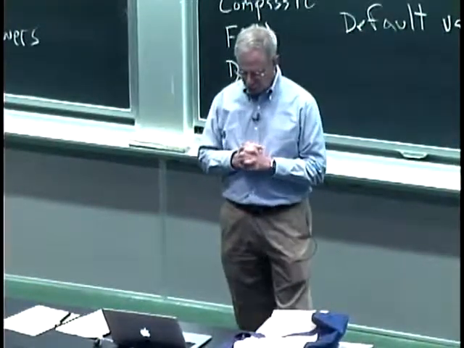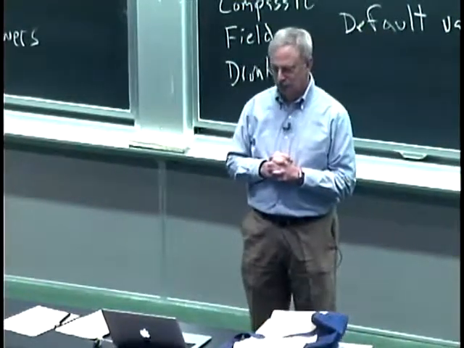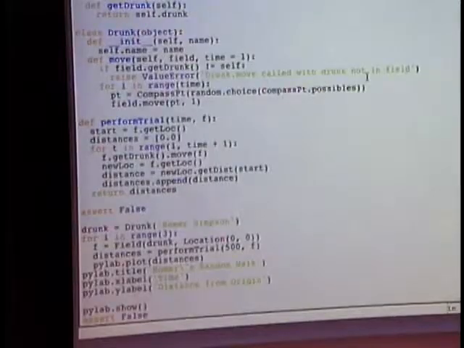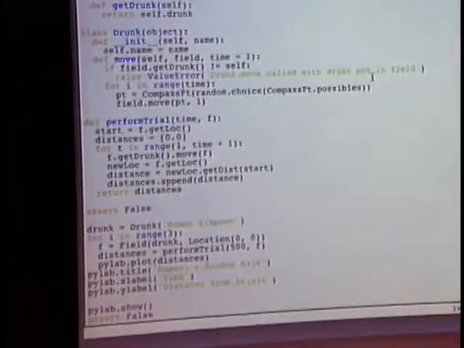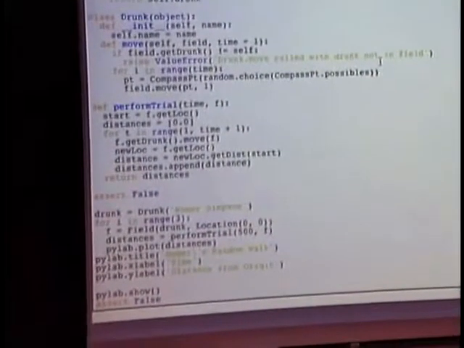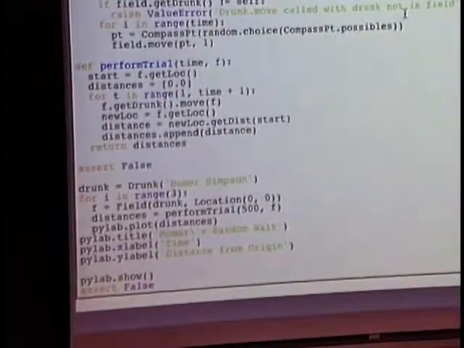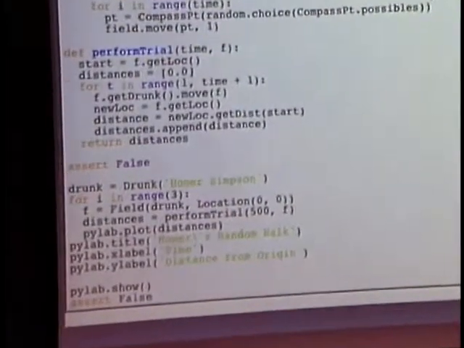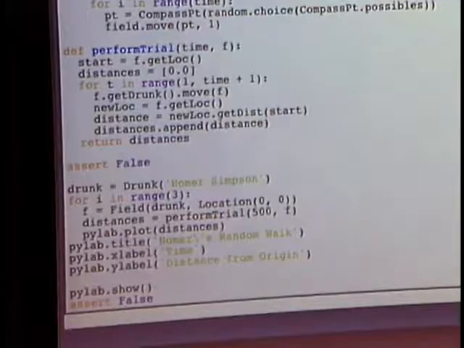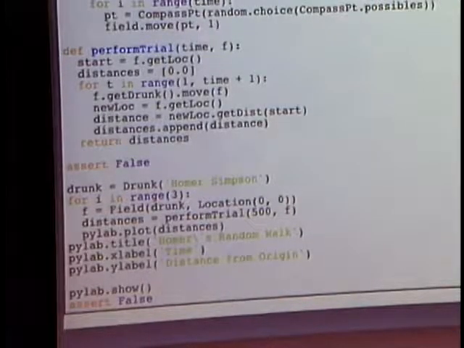I've now got a function perform trial, which will take a time and a field. So I'll get a starting point of f.getLoc, wherever the drunk happens to be at this point in time in the field. And then for t in range 1 to time plus 1,